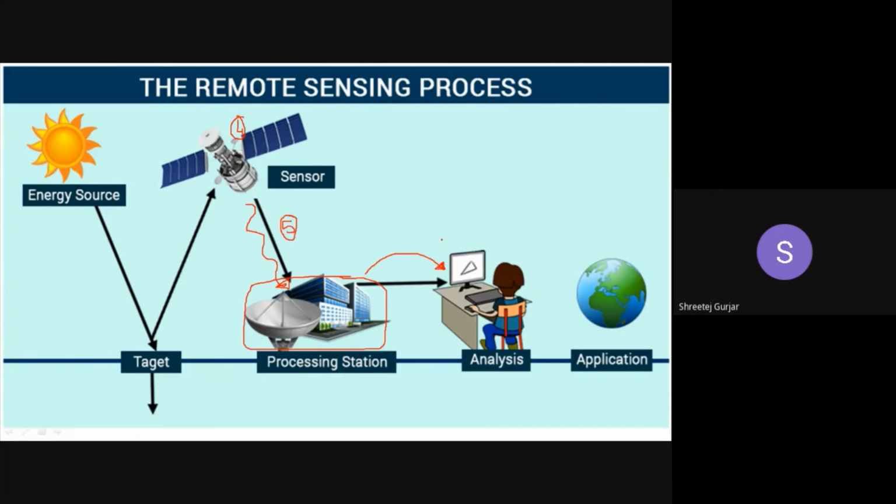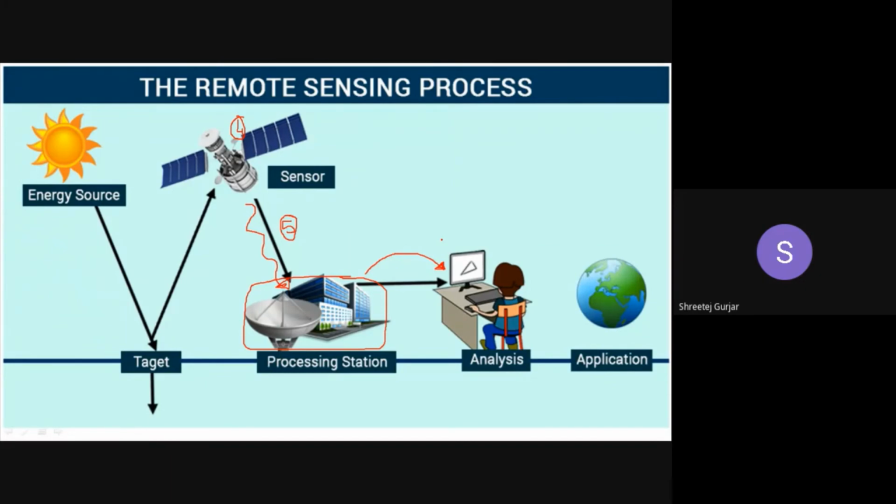A very interesting thing is that the surface materials of the earth can be detected just by using remote sensing, without going and taking a sample and studying what the surface is made up of, right? We can use remote sensing and directly detect what material is in that area. What type of rock, what is the soil, what are the characteristics of that soil, that can be directly detected by remote sensing. So that is just one application of remote sensing.